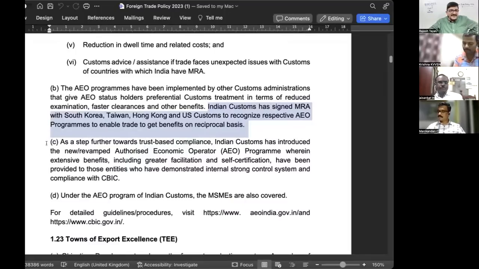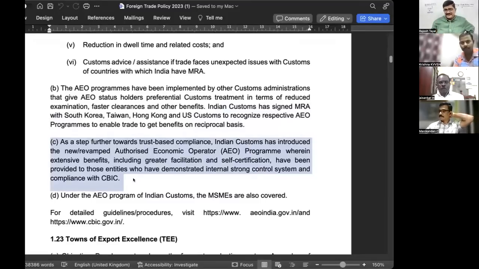Okay. Now in this line you will understand what this is. As a step further toward the trust-based compliance, MRA provides for what? It is a trust-based compliance. Indian Customs has introduced the new or revamped Authorized Economic Operator program, wherein extensive benefits, including greater facilitation and self-certification, have been provided to those entities who have demonstrated the internal self-control compliance with CBIC. So when the import-export have reached a certain level, and when the person is having a status of at least